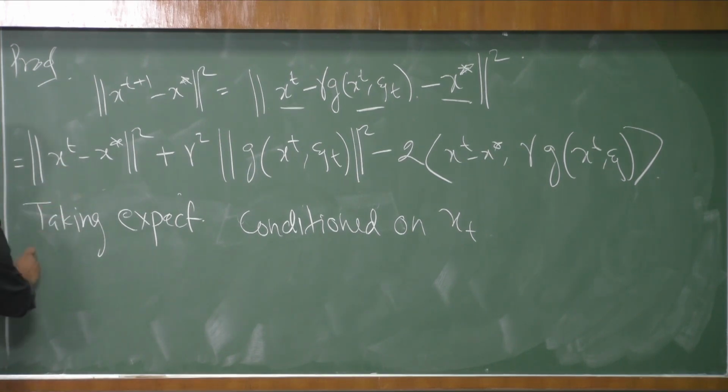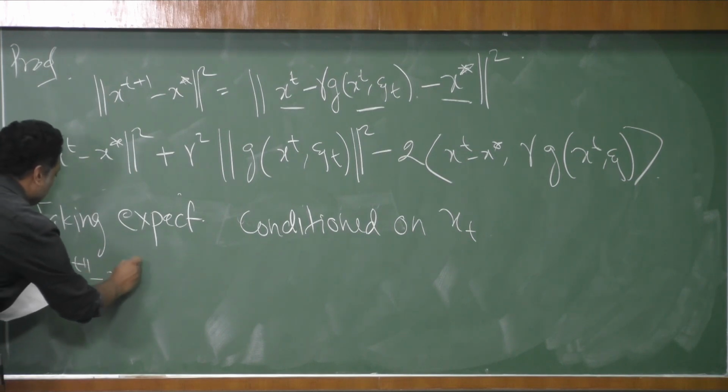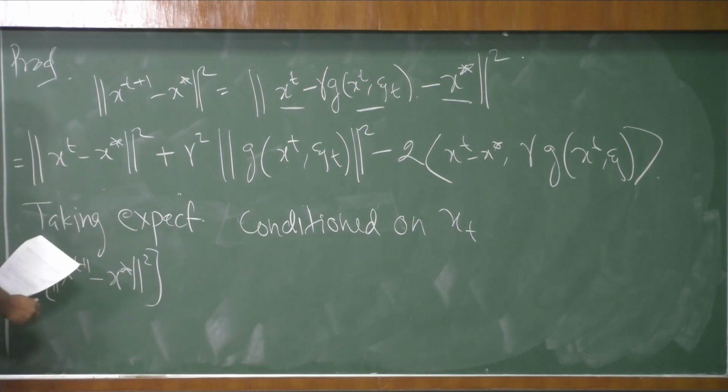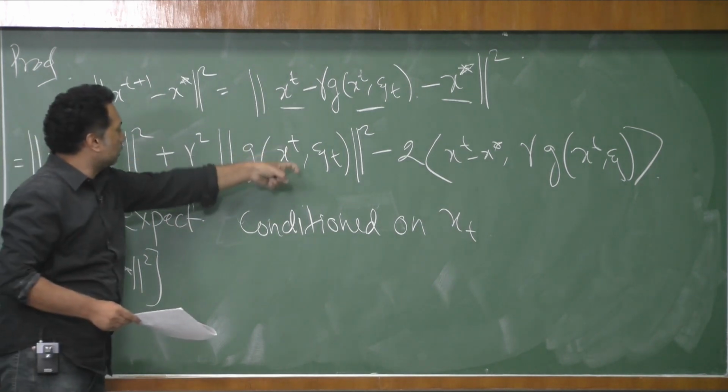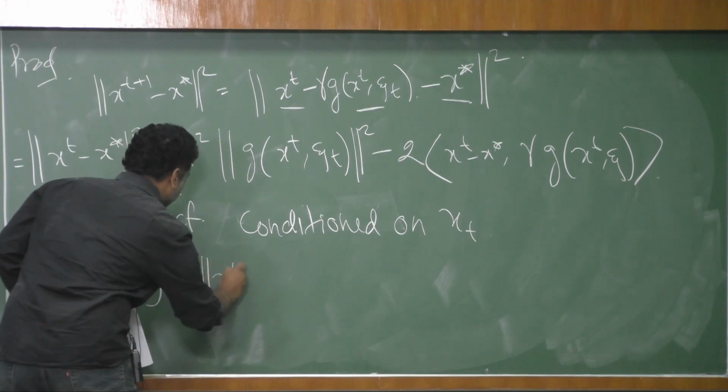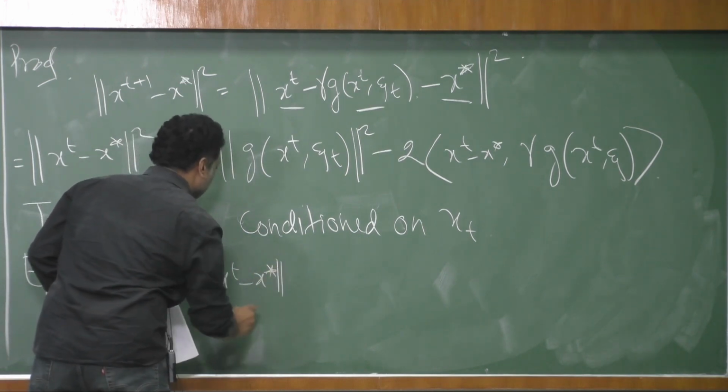We are taking expectation of both sides. So xt plus 1 is generated from xt via the gradient, and this is a random variable. So xt plus 1 remains a random variable,